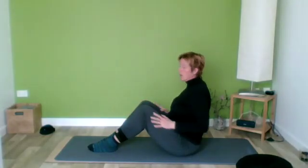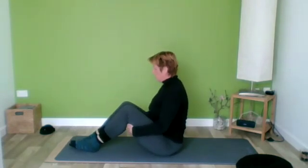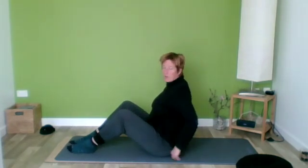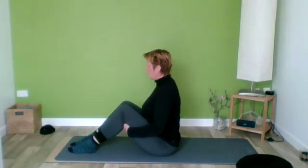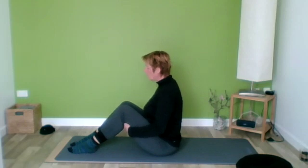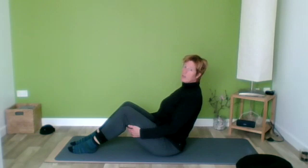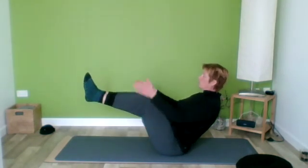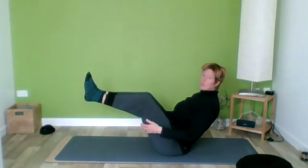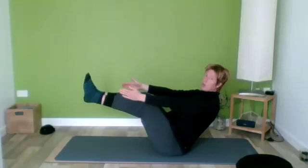And then come back into a seated position and prepare yourself for boat pose. Strengthening the core. Right. So come in an upright position, feel your seat bones on the mat, and then lean back. Keep your spine nice and long, keep your back straight. Lift up these feet, just place the feet and knees together. It's a bit nicer to hold them. And then stretch out your arms